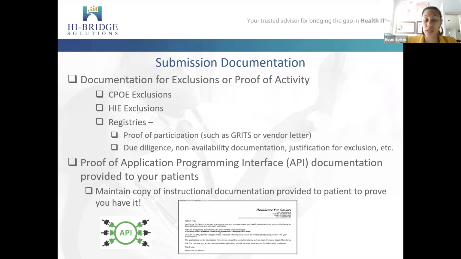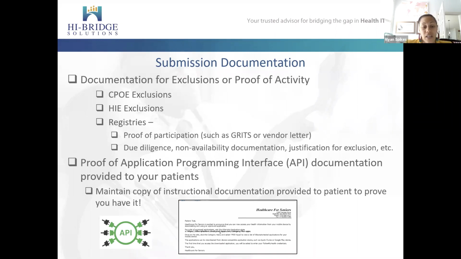If you have any exclusions that are not clearly marked on your dashboard, which means the exclusions that are less than 100 in the denominator, then we need to provide some proof of the exclusions. We need to provide your attempt to meet the activity or the measure. We need to show why you are taking an exclusion. Again, CPOE and HIE have electronic RX has an exclusion of less than 100 in the denominator,